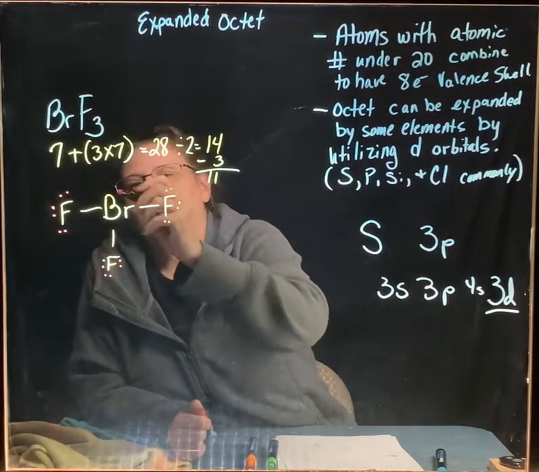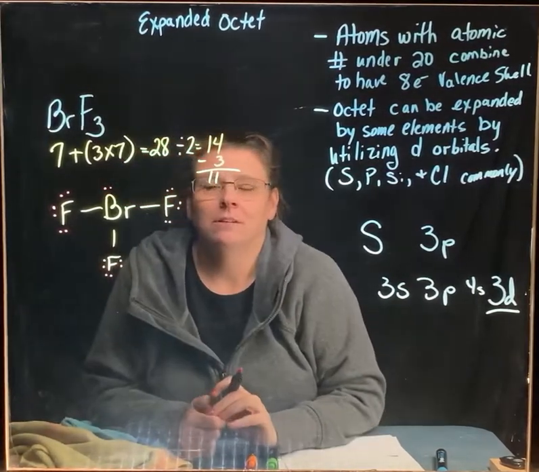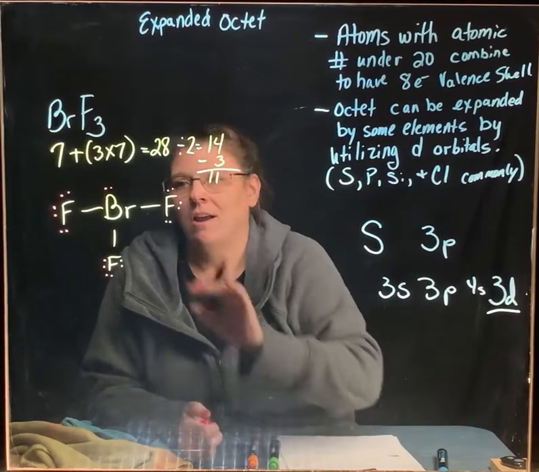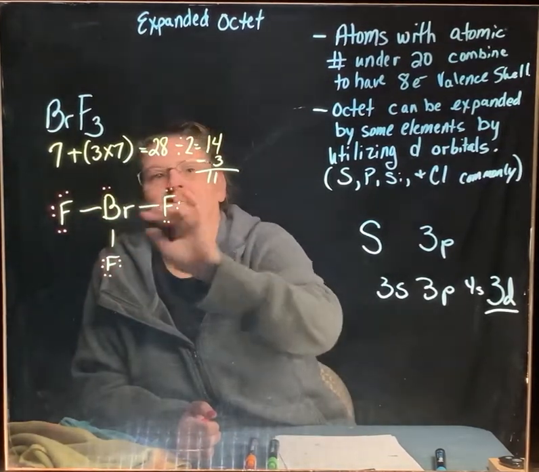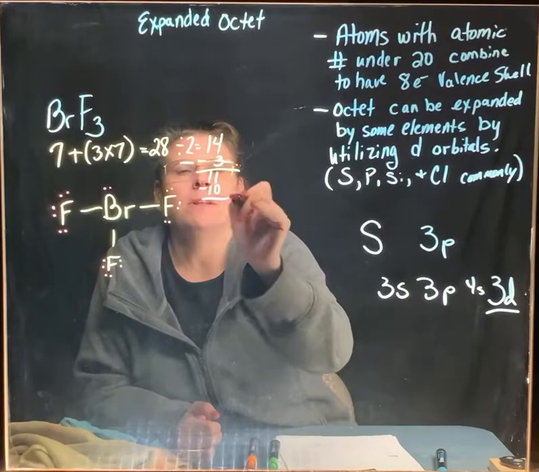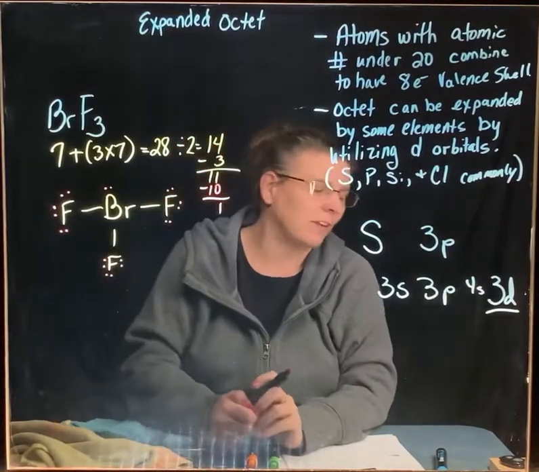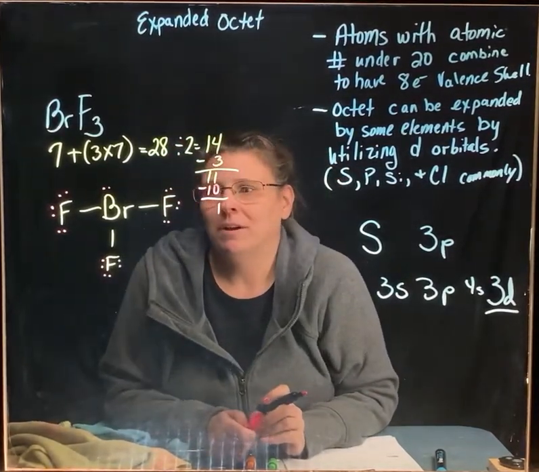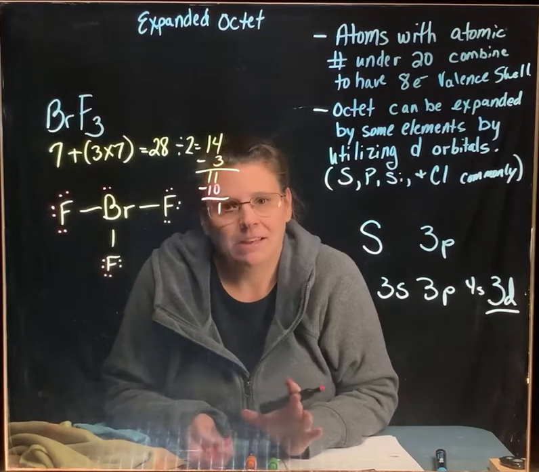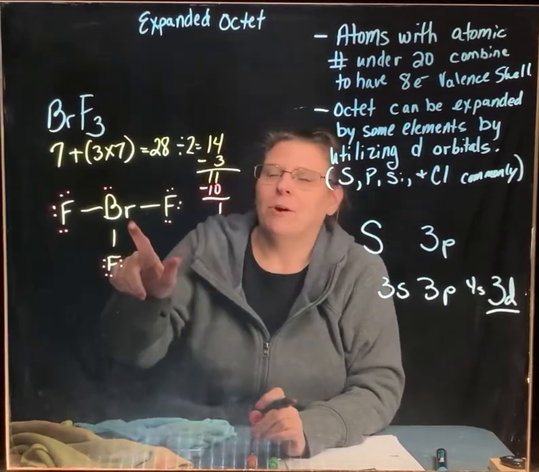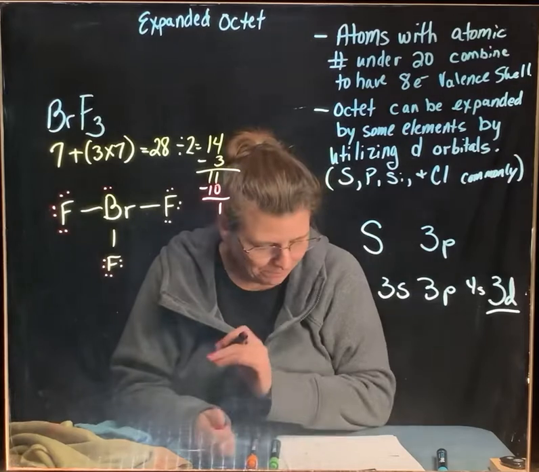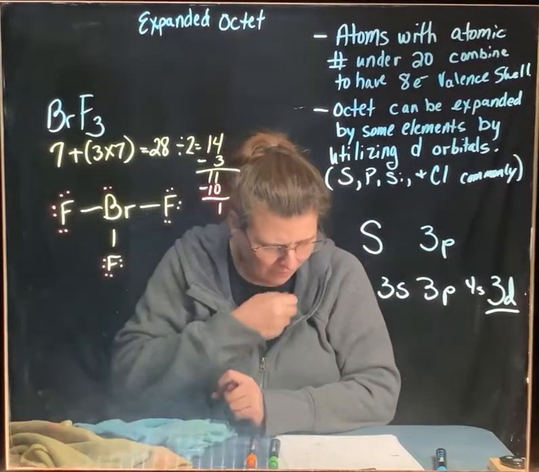All my fluorines have 8. Let's give 8 to bromine. Okay, that's 10. So now I have 3, 6, 9, 10. If I subtract 10 from 11, I still have one more pair of electrons. What am I going to do with that one pair of electrons? Everybody has 8, right? Well, bromine, if you look on the periodic table,